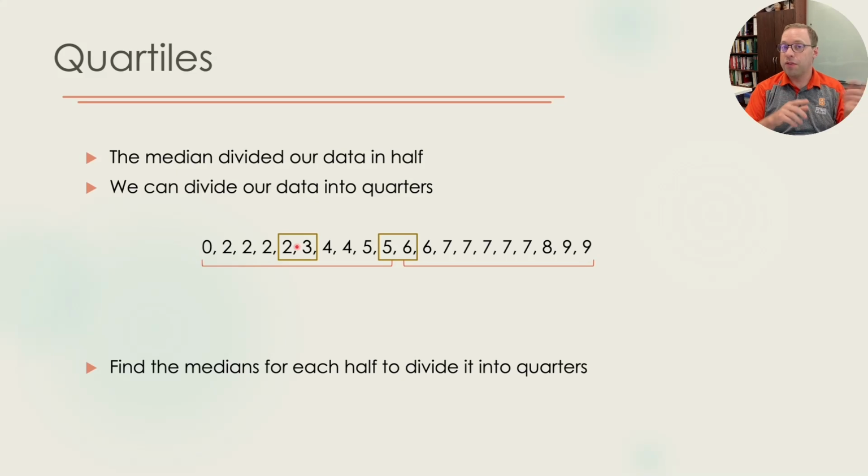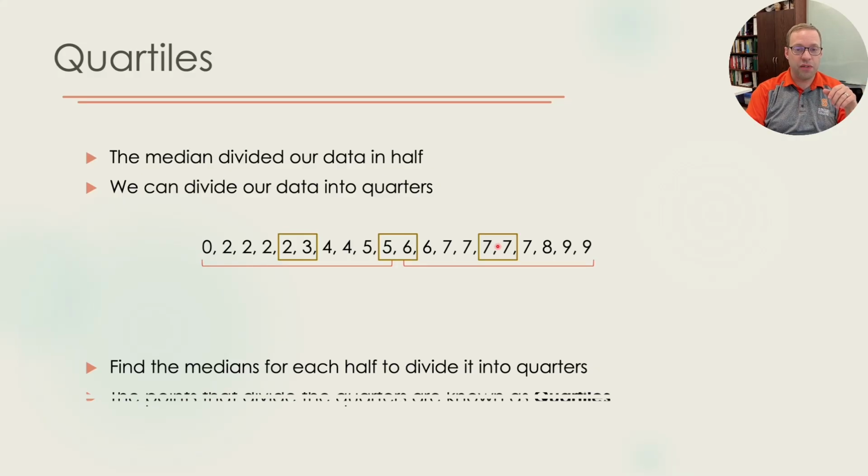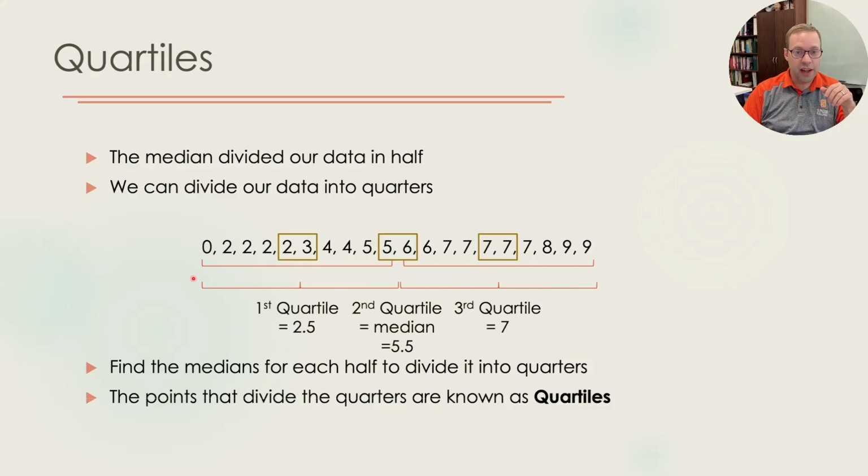Good. Now do the same thing for the right side. Pause the video and see if you can figure it out. All right, so again, 10 data points, 5 points on either side. That would put the median directly between these two 7s. Well, what's the average of 7 and 7? Well, it's 7. So what we have then is our data set is now divided into quarters, into 4 pieces,